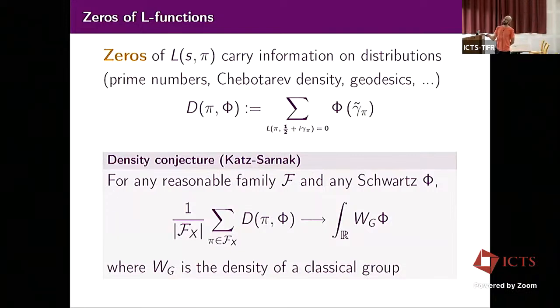Okay, so this is particularly important to have for any Schwartz function, because imagine then, in practice, what you want is to know if an L-function has a zero or not. Does it vanish at 1/2, for instance? Then you would like to take phi to be the Dirac delta at 0, that quantifies the vanishing at 1/2 or not. Of course, you cannot for a Schwartz function, but you can approximate it pretty well. And then you just plug that phi, or the approximated version of your Dirac mass, on the right, and you have your answer, on average, at least on the family. So that's a pretty strong conjecture.